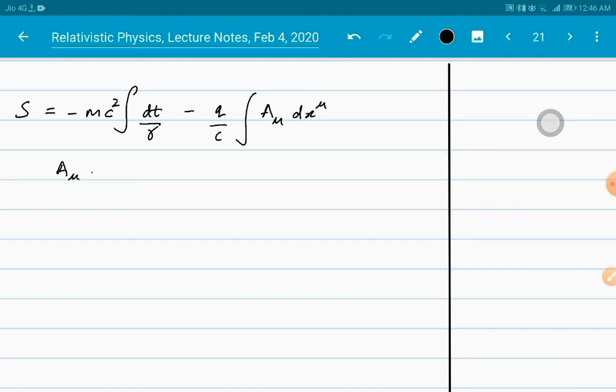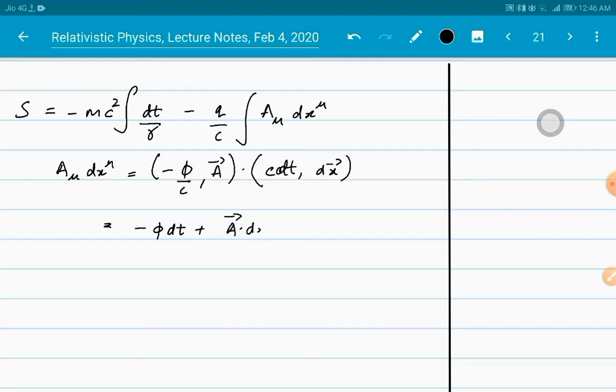So now what is a mu dx mu? It is the dot product of the 4 vector corresponding to the electromagnetic field with the 4 vector corresponding to the infinitesimal world line displacement. So this becomes minus phi dt